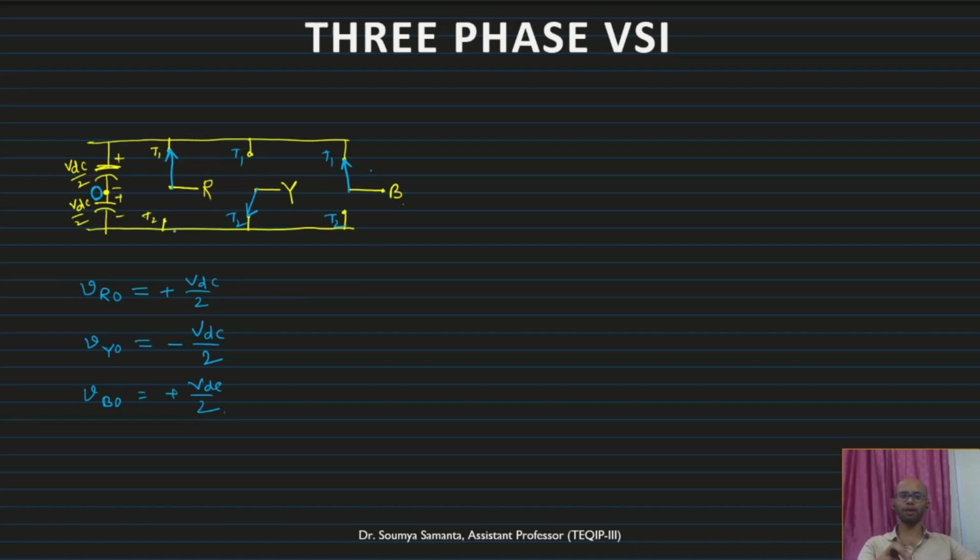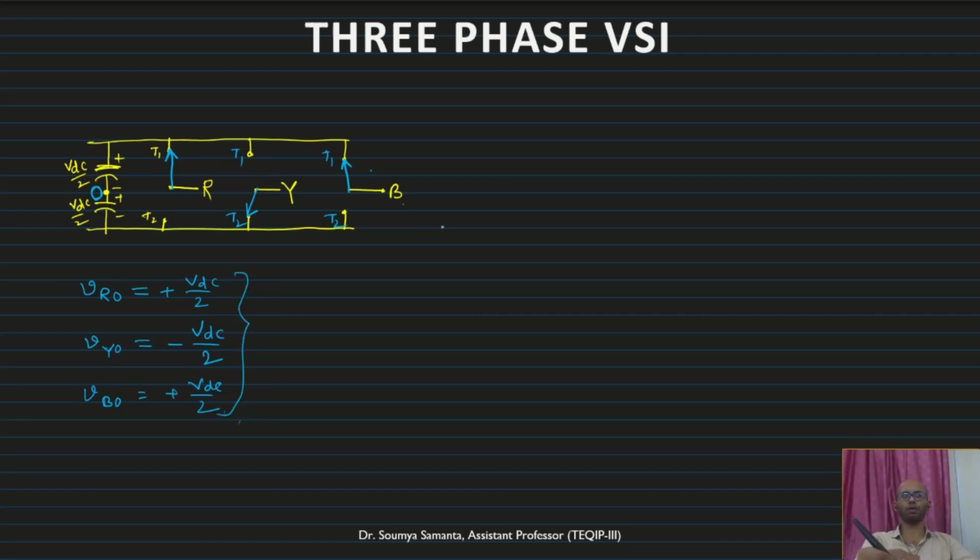Similar types of 8 combinations can happen. Out of these, 2 are for zero voltage. I am not going into the details now; we will discuss them later. What are the combinations in the two particular modes of operation, one is the 180-degree mode of operation and the other is the 120-degree mode of operation for the VSI. We'll discuss these things later on. Now just understand the pole voltages.